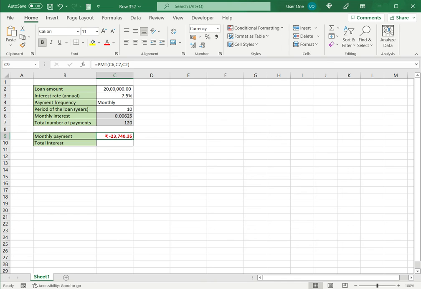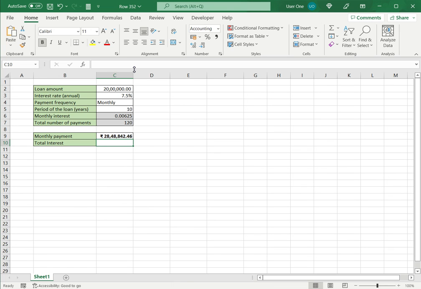Now I need to multiply this by the total number of payments. So to get the total amount paid into total number of payments, and press enter. So this is how much I'm going to end up paying totally. From this, I need to subtract the loan amount to get the interest amount alone. Again, to convert this into a positive number, I'm just going to add a minus sign at the beginning and